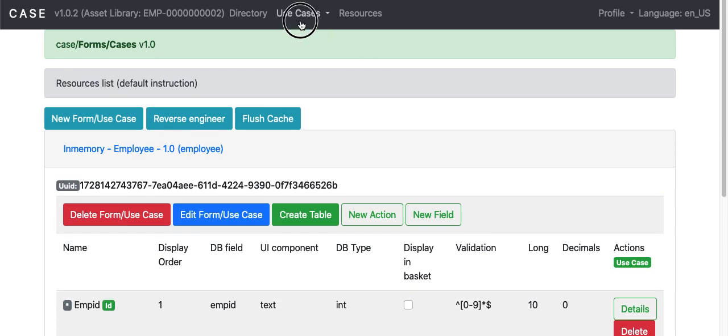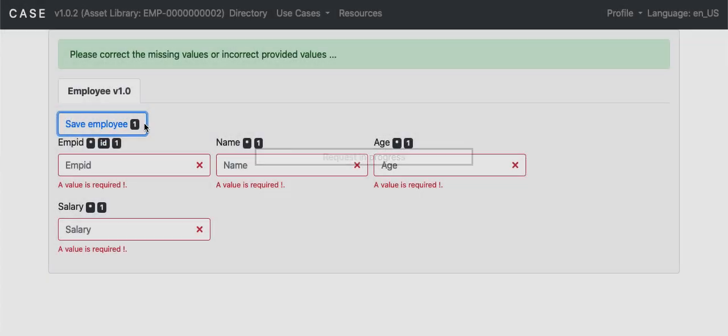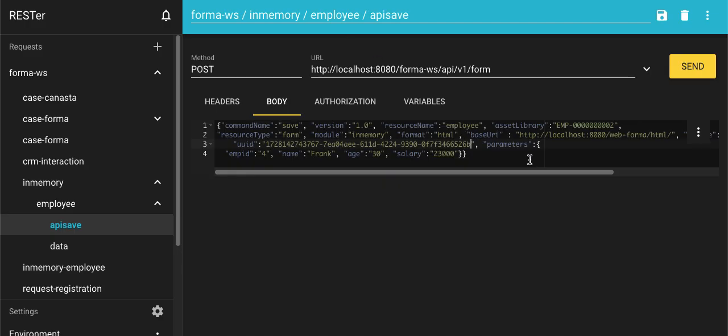So here are the errors that we will be seeing when we execute a call